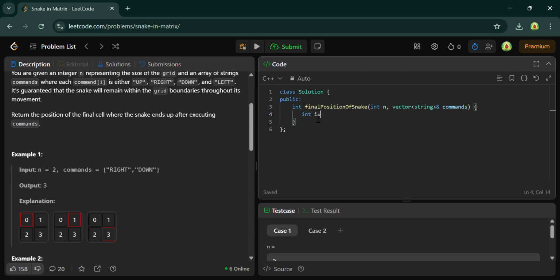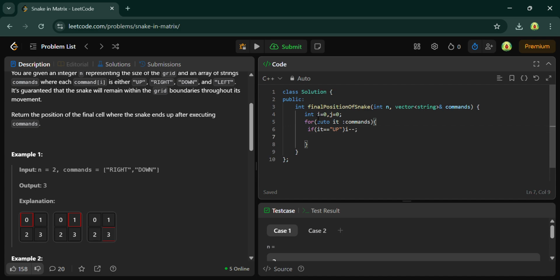First you have to create two int values, int i equals 0 and j equals 0, and then traverse through the vector: for auto it : commands. If the command is equal to up, then you just have to do i minus minus.